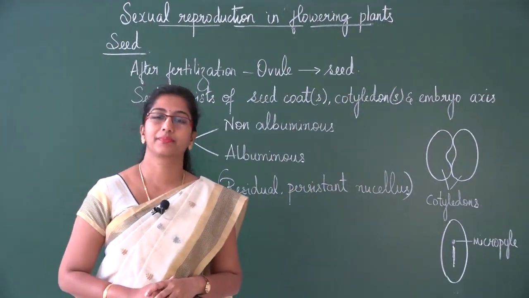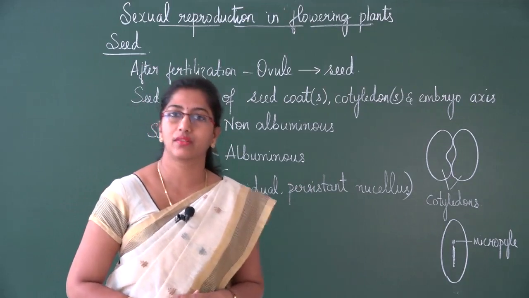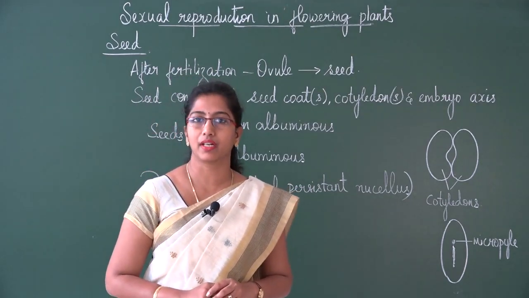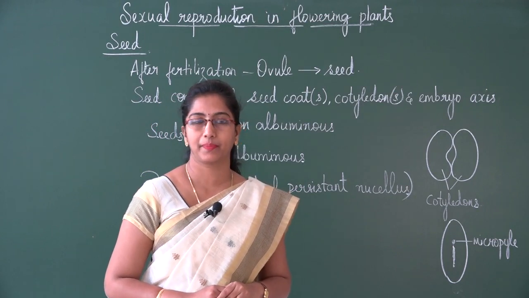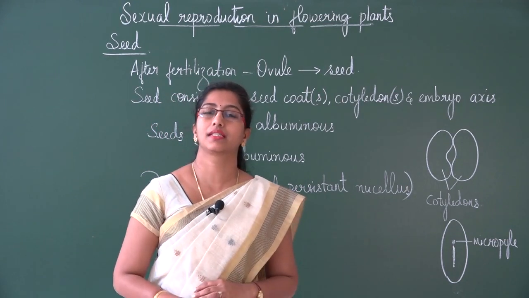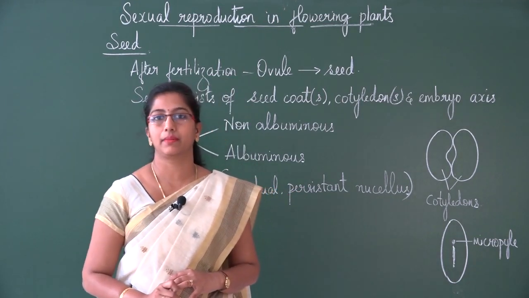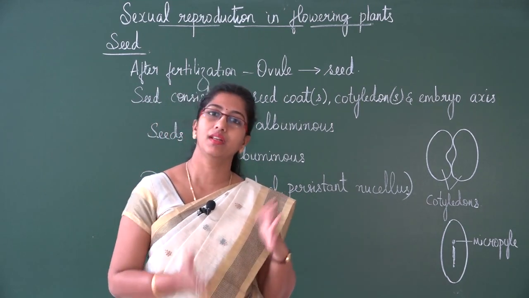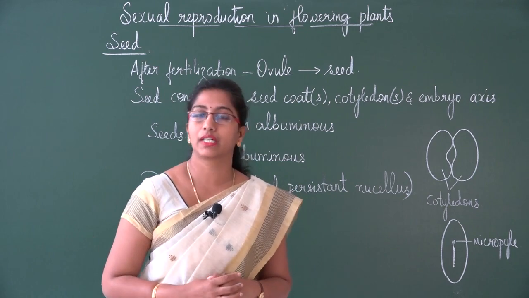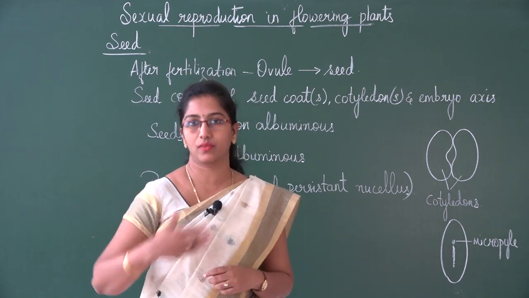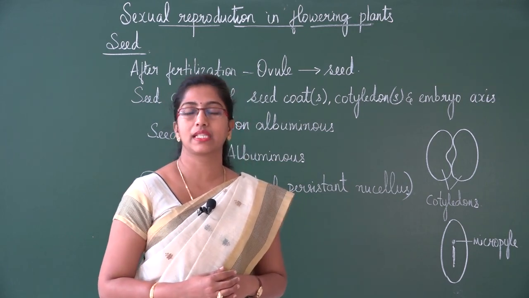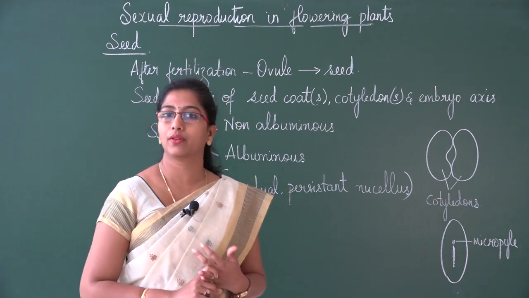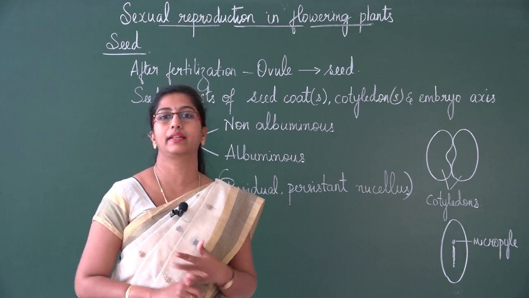Hello students. So today also we are moving on with the same chapter, that is sexual reproduction in flowering plants. Now in the last session we studied about the main event, that is fertilization, then all the post-fertilization events and structure we had started to study. So we studied about endosperm development and then embryo development, and also we studied about two types of